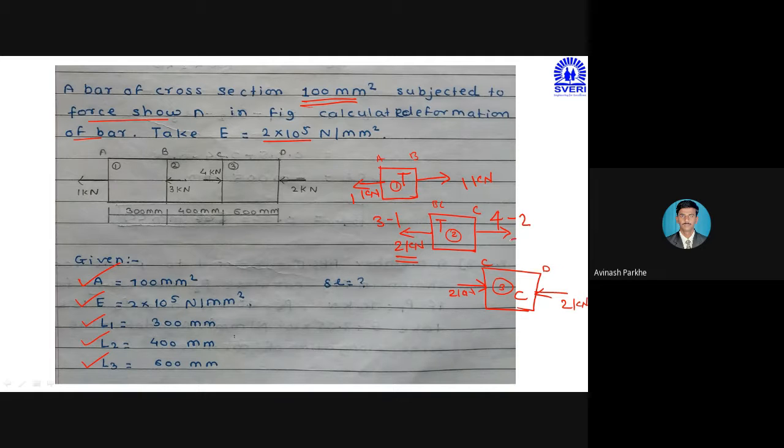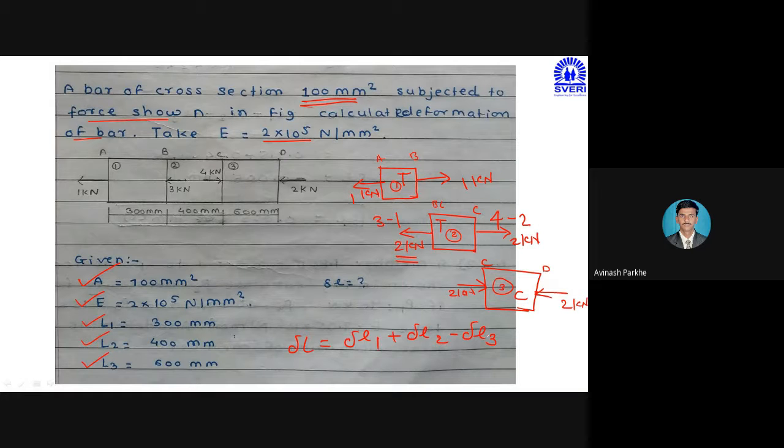Therefore, the result is 2 kilonewton. Whatever the deformation formula you get, total deformation is equal to delta L1 plus delta L2 minus delta L3. So we have to define the total deformation formula from these particular natures. By mistake, for the compression, if you write plus delta L3, your final answer will be wrong. So please write down the nature in that particular square, whether it is under tension or compression, and accordingly modify the formula.